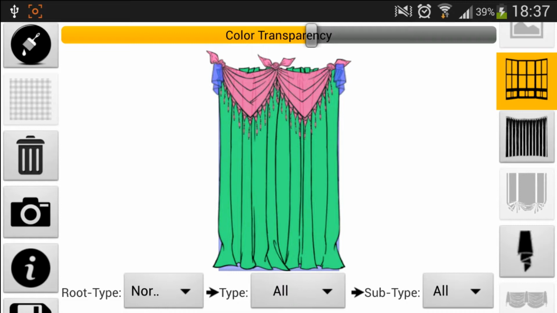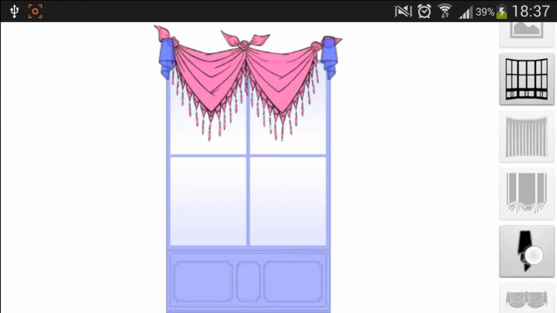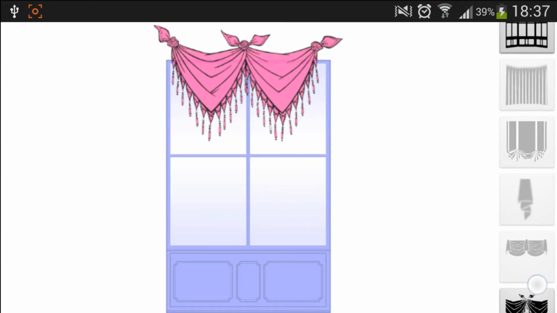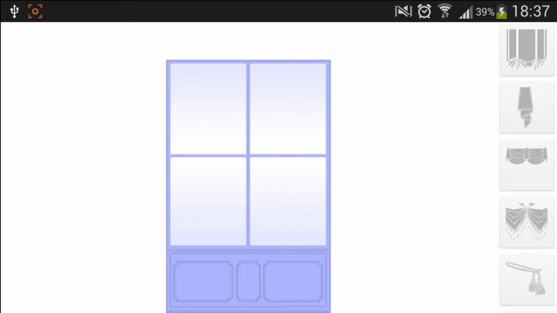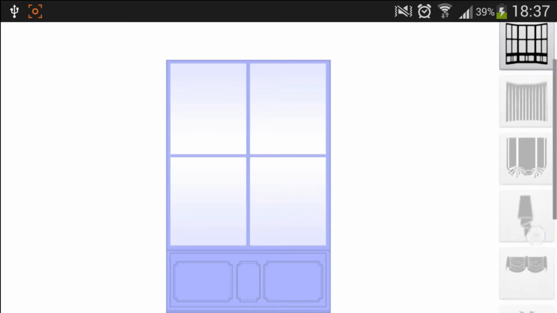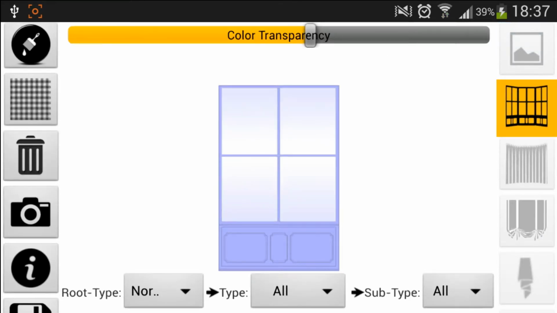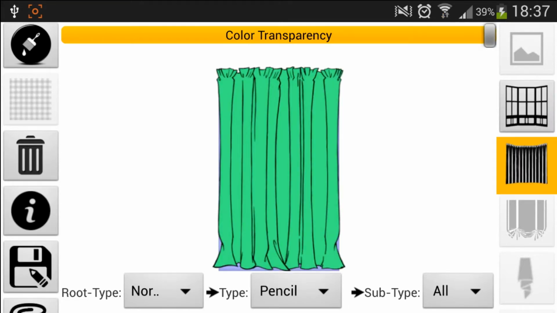Let's hide the curtains and tails and swags. And let's come back to the windows. So if we want to apply normal curtains to the normal window, we go to curtains. And let's say we want open.